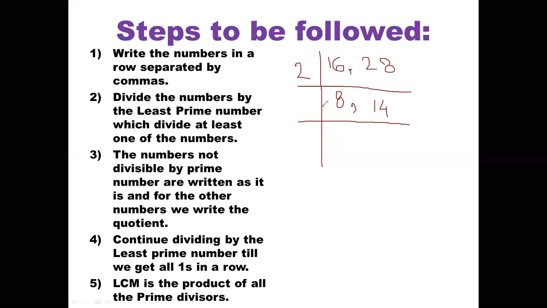Now, because these two are again even numbers, I'm going to divide them again with 2. Now, in the table of 2, 8 comes by 4. So I have written 2, 4 is 8. Quotient will come down over here, comma, and 2, 7s are 14. Because one even number is still over here, I'm going to select 2 again.